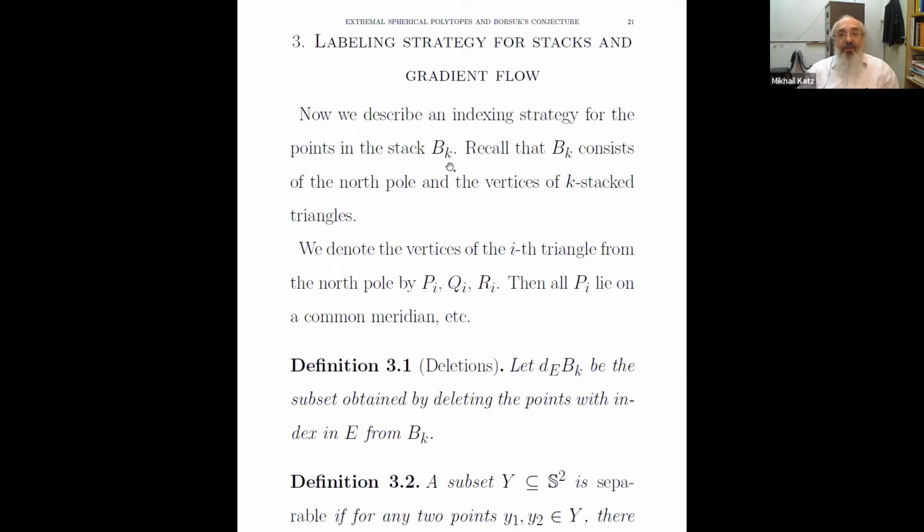and let's look at these stacks that we saw on the previous page. The idea is, I wanted to get to these deletions. You can start with these stacks, which are very predictable configurations, certainly not counterexamples to Borsuk's conjecture. But then something slightly magic happens. If you delete suitable points from the stack, that's what you note here, dE of Bk, where Bk is the family of stacks that I described on the previous slide, then it turns out that if you delete a certain number of points, and then you apply the downward gradient flow of the diameter function, you get a new extremal configuration.